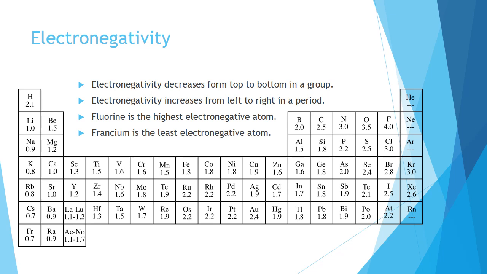Let us talk about electronegativity trend. Electronegativity is the property of an atom to attract shared pair of electron, or simply you may say that it is the property of an atom to attract electrons towards itself. In very simple words, if you observe the periodic table which I have presented in front of you, we see that electronegativity values decrease down a group.